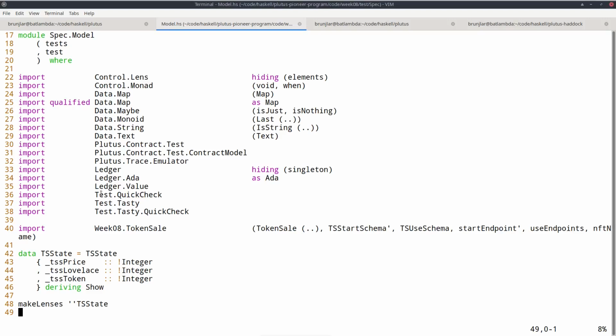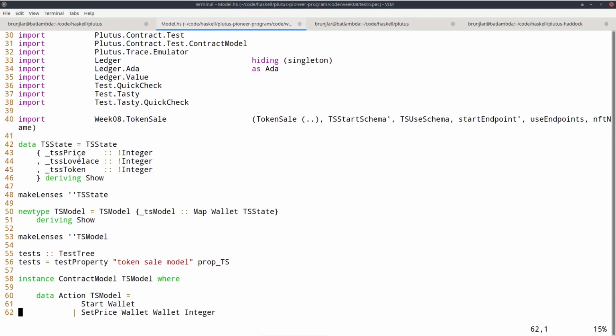And here we import Plutus.Contract.Test that we saw before that provides basic support for testing Plutus. And now to use this QuickCheck approach, we also import Plutus.Contract.Test.ContractModel, which has all the machinery to define a model and link it to the real contract. Furthermore, we have Test.Tasty and Test.Tasty.QuickCheck. Test.Tasty.QuickCheck provides a link between QuickCheck and Tasty so that you can use QuickCheck properties in Tasty test suites.